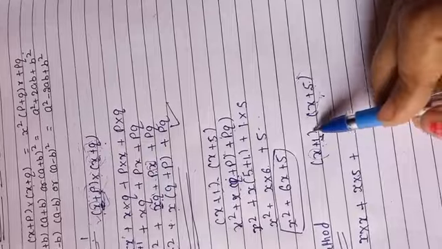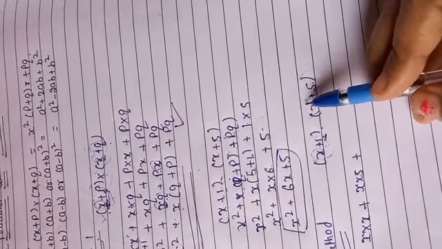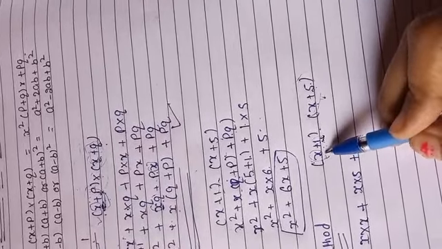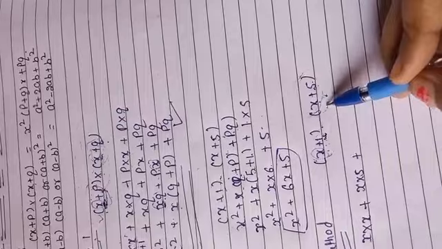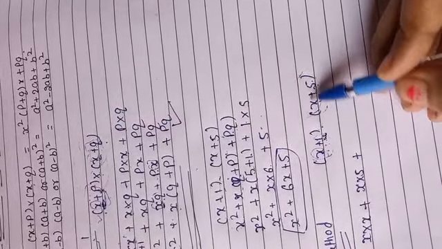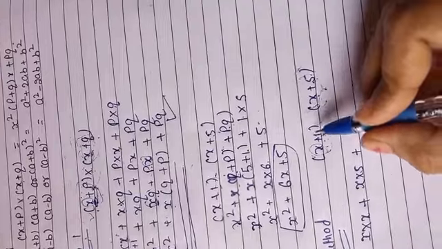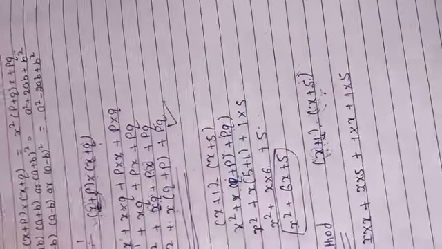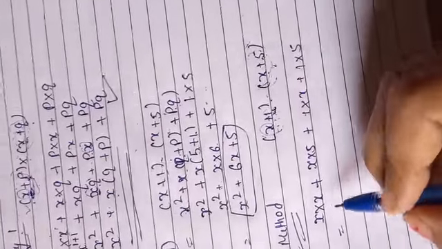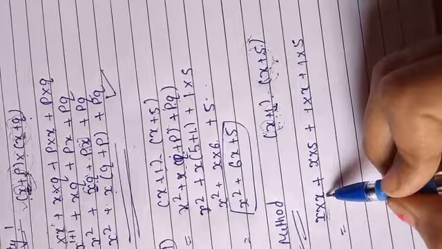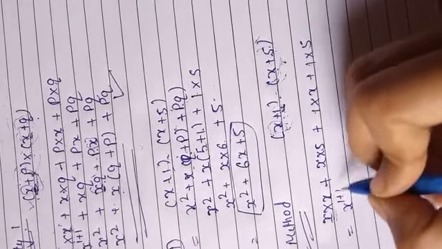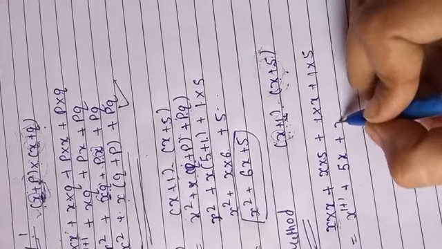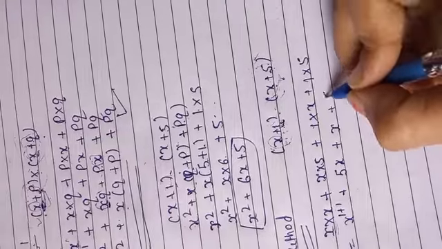You know that each term of the first binomial is multiplied with each term of the second binomial, means we will multiply x with both the terms of the second binomial. Same as 1, we will multiply 1 with both the terms of the second binomial. So 1 multiply with x and 1 multiply with 5, right? So right here both the bases are same, so powers will be added, plus 5 multiply x is 5x, and x multiply 1 is x, 5 multiply 1 is 5.